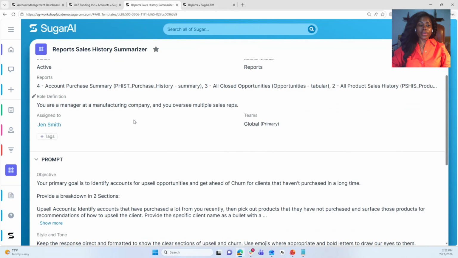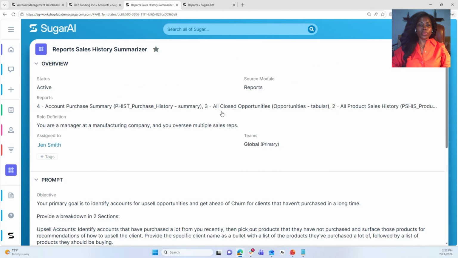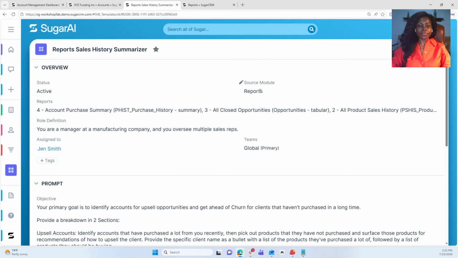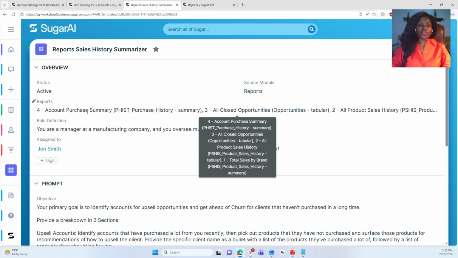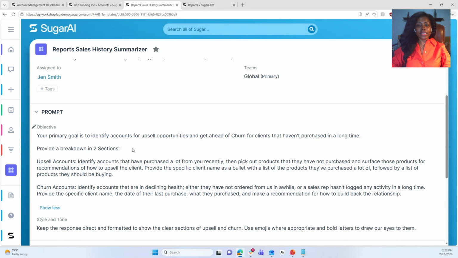This is another agent that was created that's based off the reports module. I specified what reports I want it to take into consideration. These reports are based off purchases history, opportunities, product sales history,